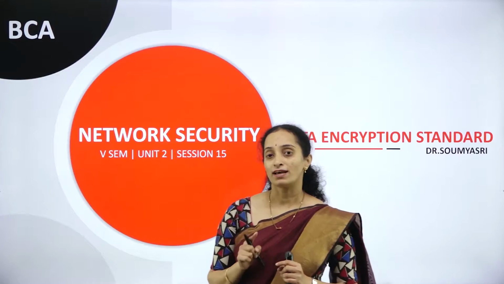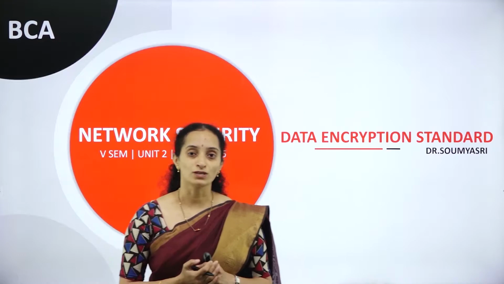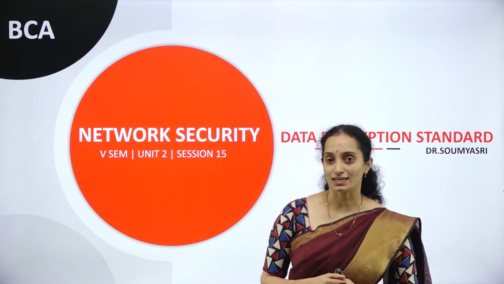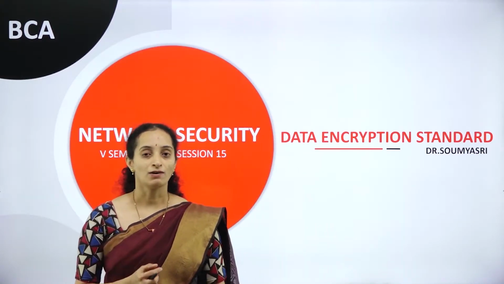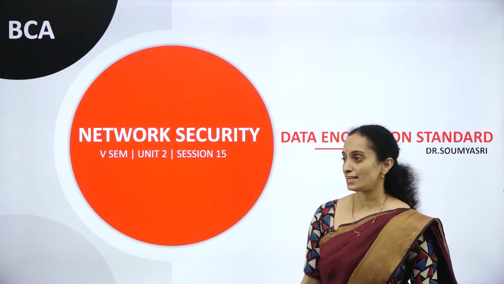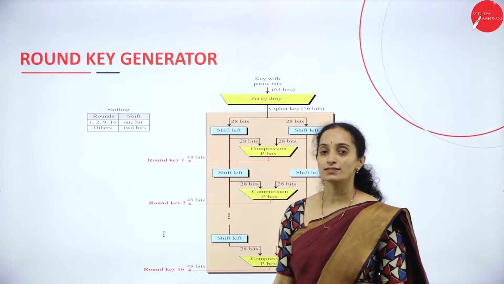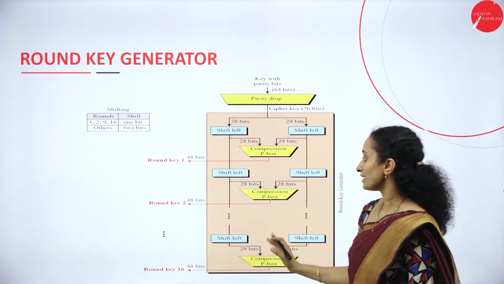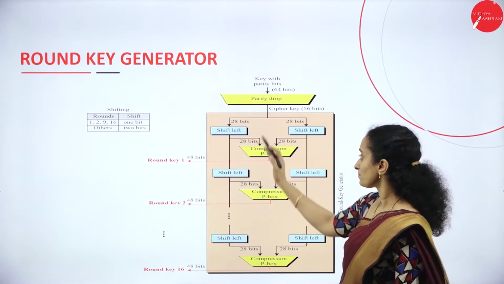Along with that, we have viewed the diagrammatic representation of the round key generator, and how the round key is generated using the 56 bits. Now, let's look more at the key generator. Once again, I'll show the diagrammatic representation of the round key generator, where we use the compression box